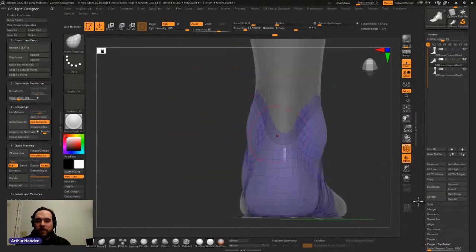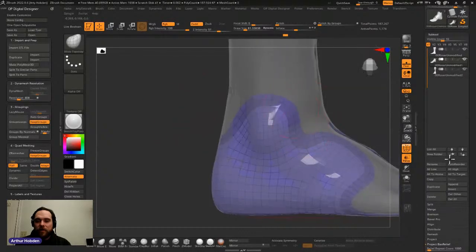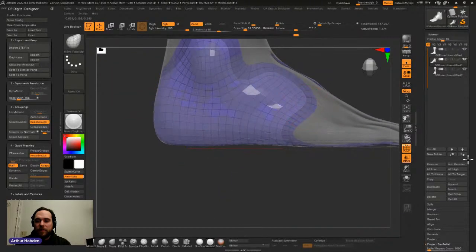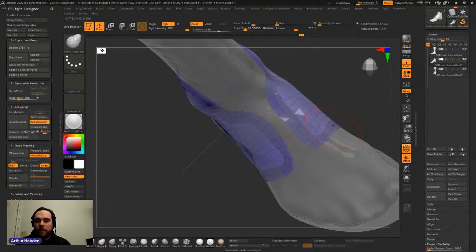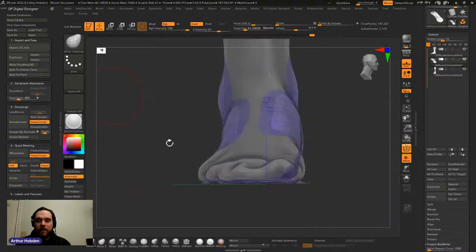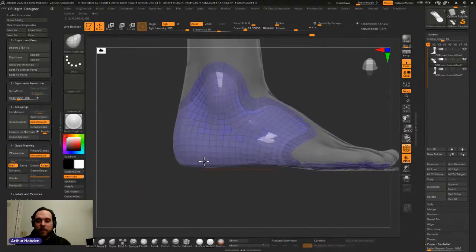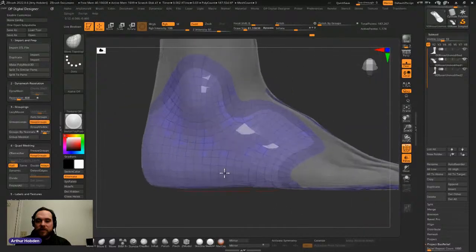So we can go in and just clean this up a bit. Make sure that anything that got bumped around gets put back. Like this, maybe bring that corner out a bit more. So we have that. Right, so now that we have that, we can project again to bring that back in line with the scan below. It's not bad. So we're going to need to now address the foot plate, which is not flat,